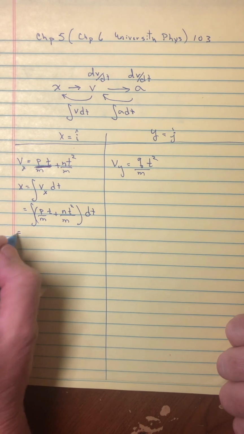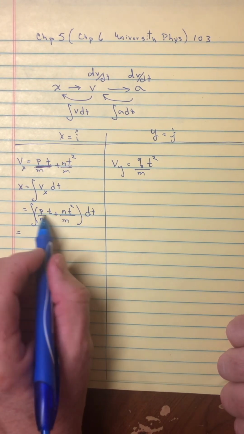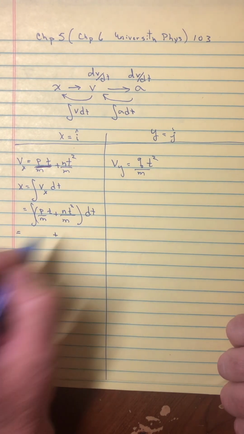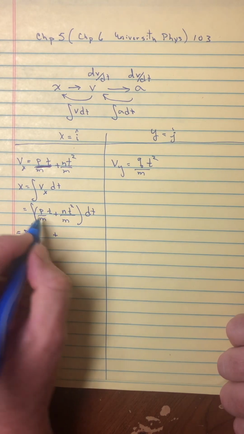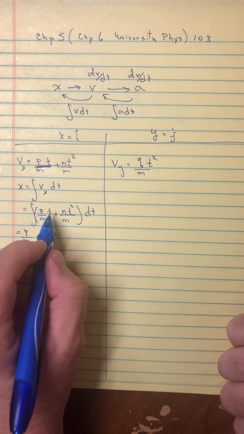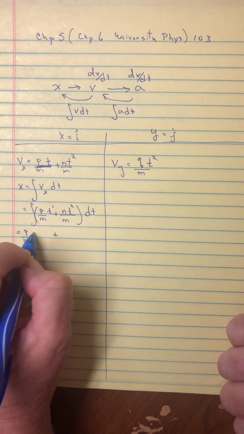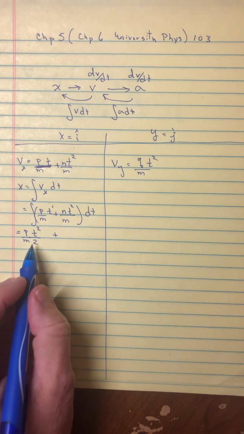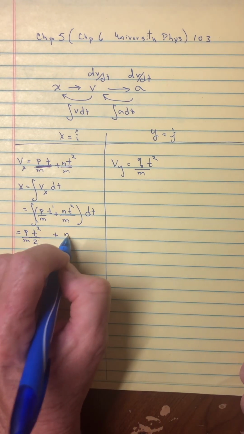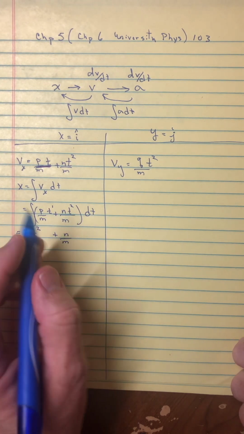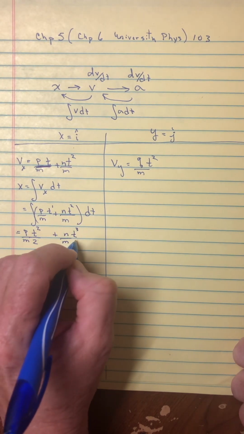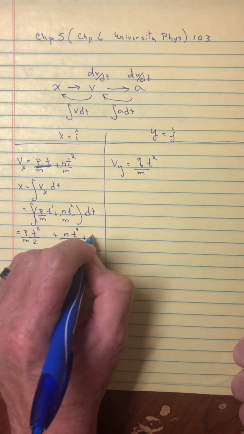And if I actually do this integral, same logic, I'll break it into two pieces with a plus sign in between them, okay? And then the constants I'll pull out, so there's p over m. And so I'm doing an integration of a power function. This would be t to the 1 power. So I add 1 to the exponent and divide by that new exponent. And then likewise here, I'll pull out the constants. And then I have the integration of t squared, so that becomes t cubed over 3, and then, of course,